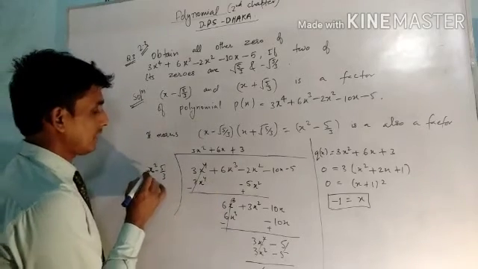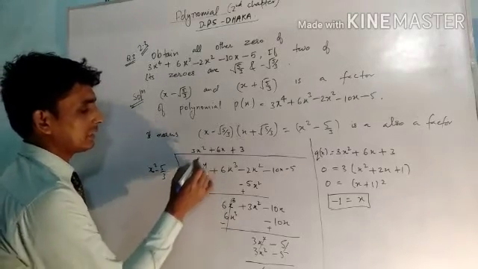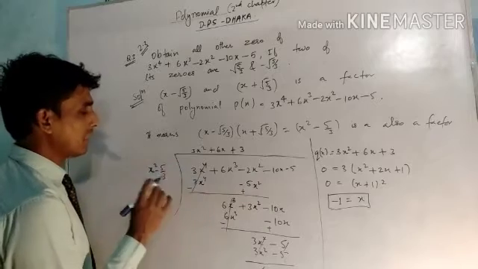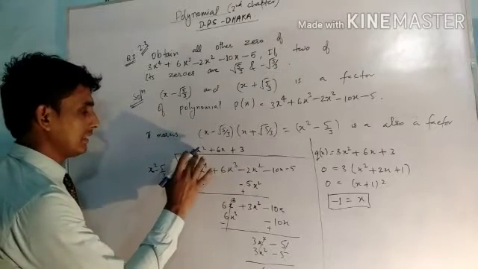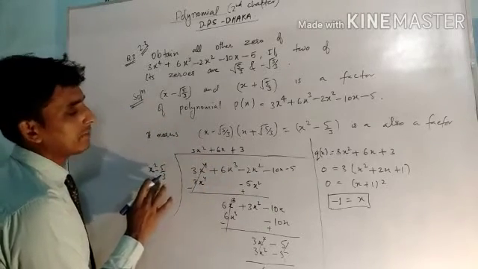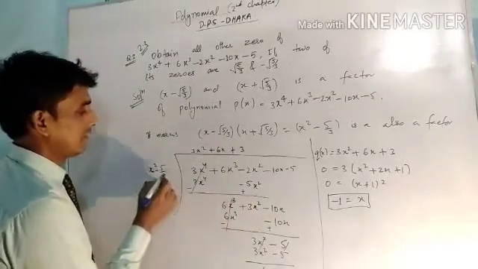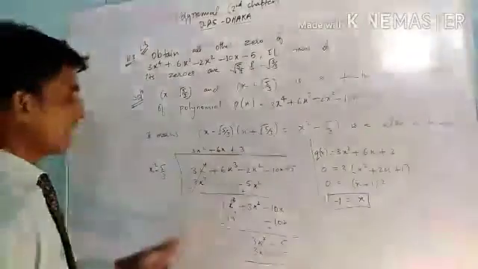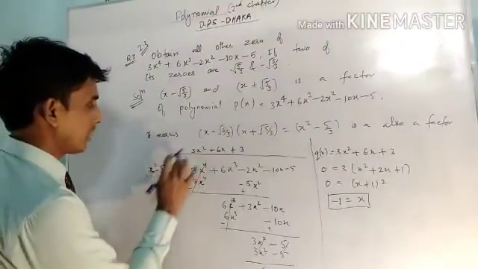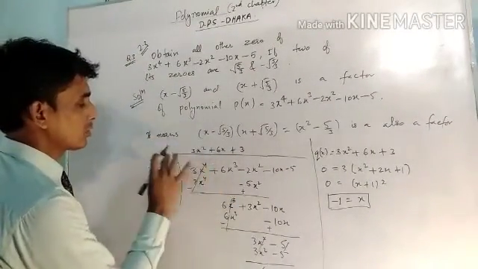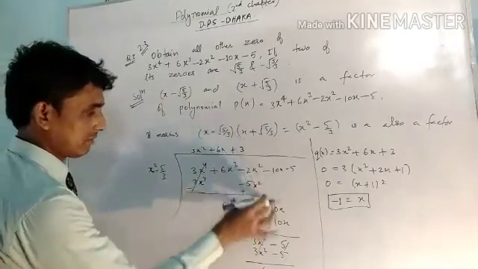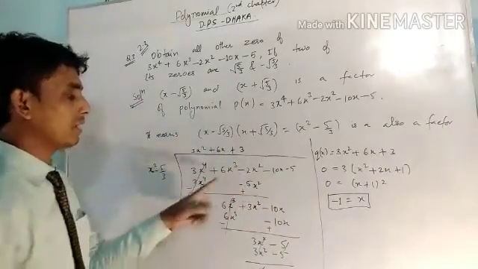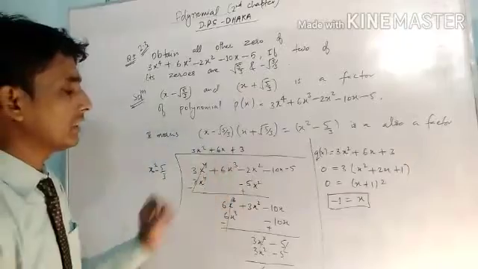So if you multiply x square with 3x square, you will get 3x to the power 4, and if you multiply 3x square with minus 5 by 3, the 3 will cancel the 3, and you will get minus 5x square here. Okay, because the product has power 2, we will write it in front of this, not here, because here the power of x is 3.